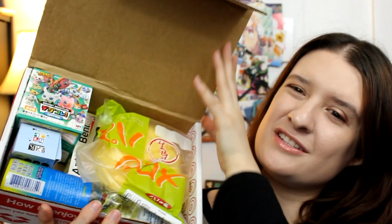This one again is brimming from the seams, coming open, so we know it is a packed month. I don't know if I want to open it like this. I don't want the drink to fall out. Oh, it's definitely got some snacks and stuff in this one. Here is a peek inside. So there's a lot of food items this month, but before I get into that, let's just go over the